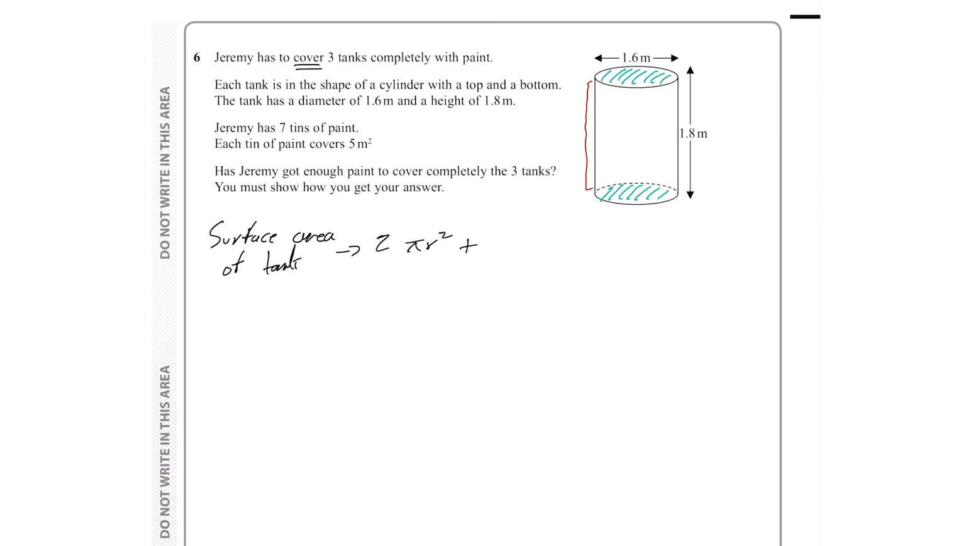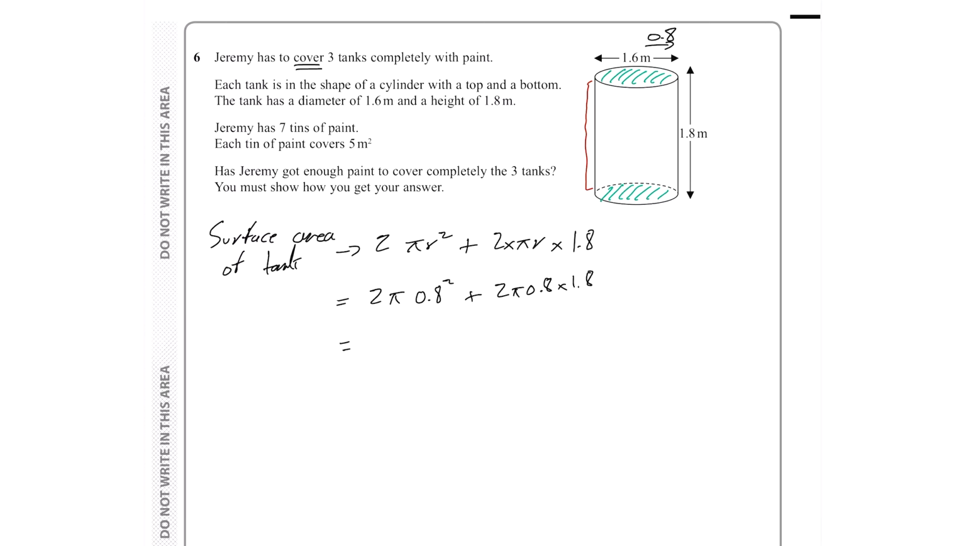And the way we do that is we're going to find the circumference, which is 2 pi r, so 2 times pi r, and we're going to times that by the height, which is 1.8. So the radius in this case, we've been given the diameter, the radius is just half of this, so that's going to be 0.8. If I sub that in, we have 2 pi 0.8 squared plus 2 pi 0.8 times